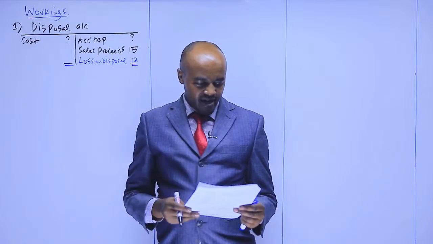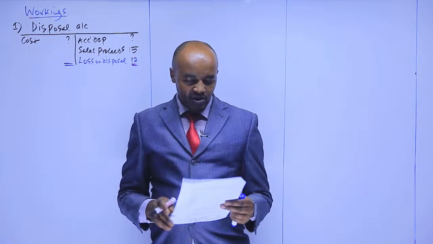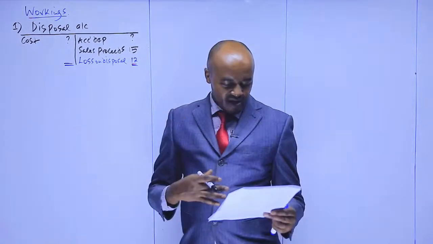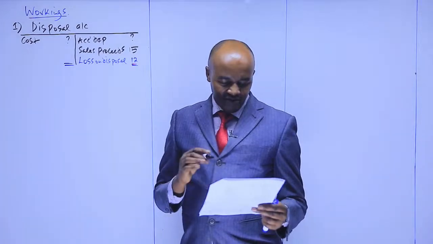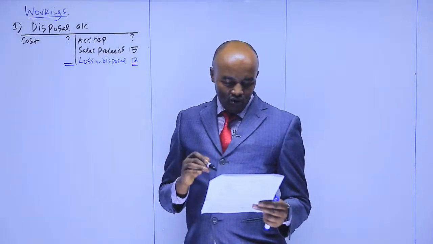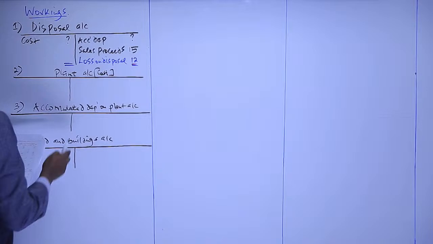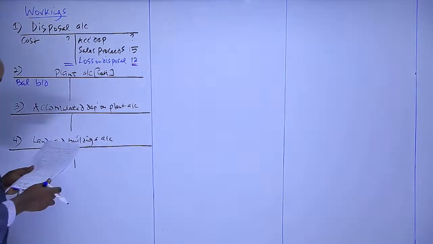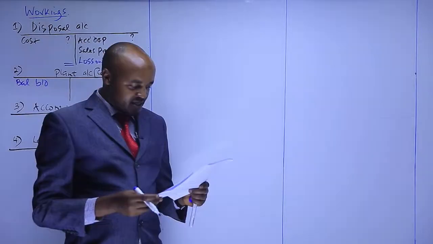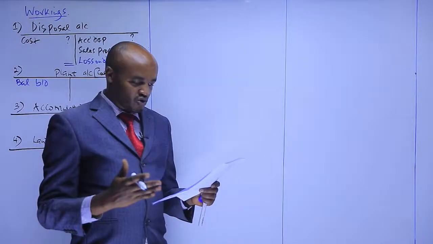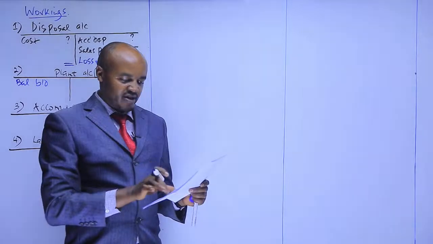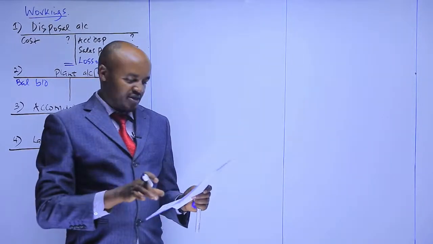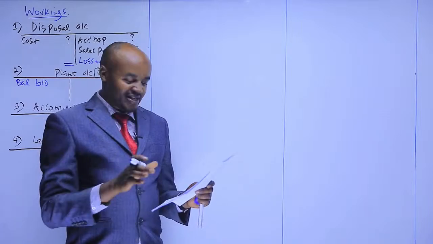Okay, before we go to note number 4 there, and also note 5, 6, there are a number of accounts maybe we can prepare here relating now to the PPE. For example, from the information we have in note number 1, we can open a number of accounts there. At the start of the year is in note number 1. So what is the cost of the plant at the start? The cost or valuation. Remember, I've said what you're given as the balances on 31st of March 2022 are opening balances. 31st March 2023, these are the closing balances.